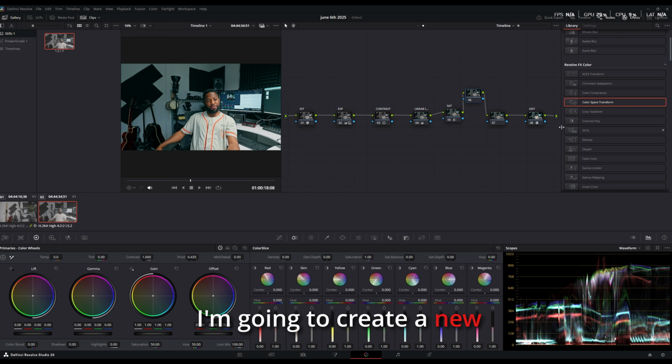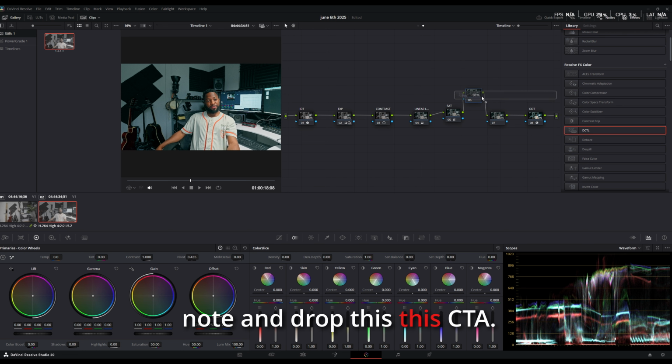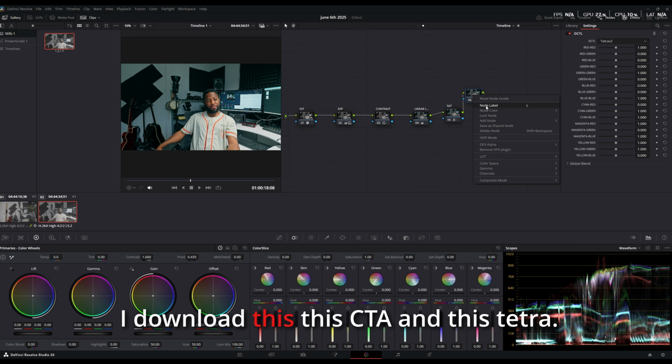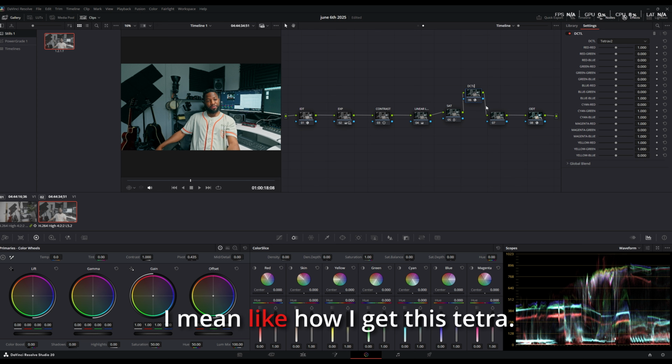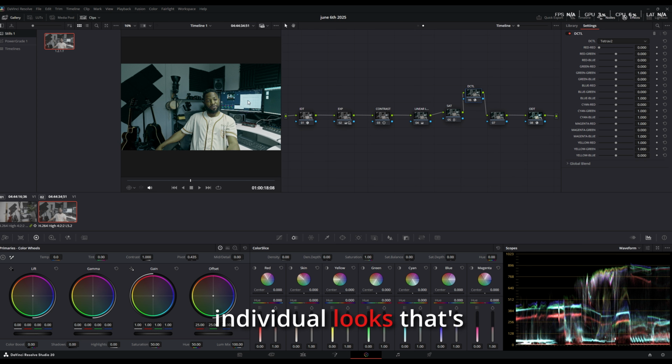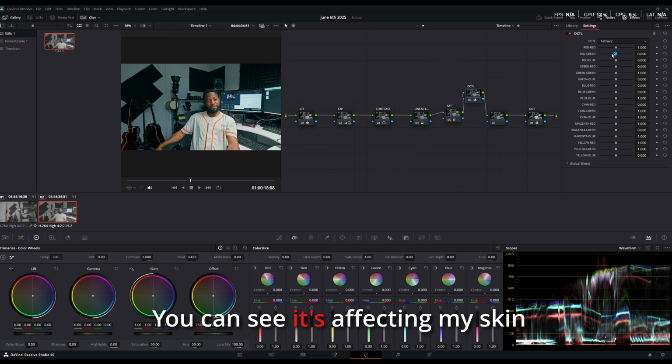So I'm going to create another new note and drop this DCTL here. I think I should do another tutorial on how I download this DCTL, I mean, how I get this DCTL. You can use it to control each individual look. You know, that's red on red. You can see it's affecting